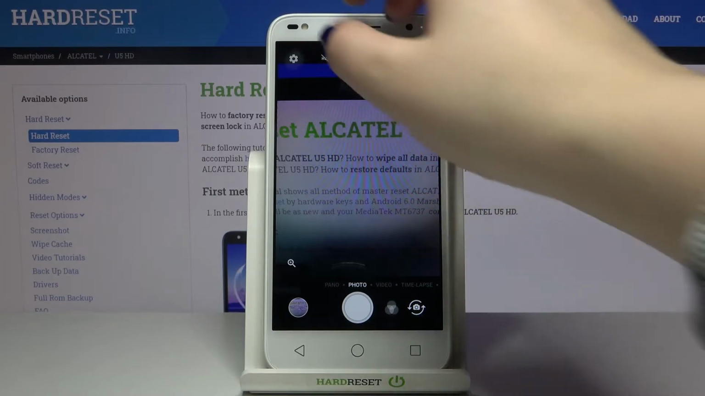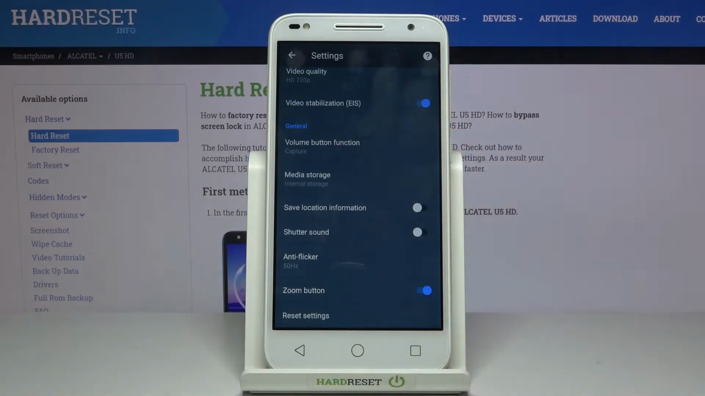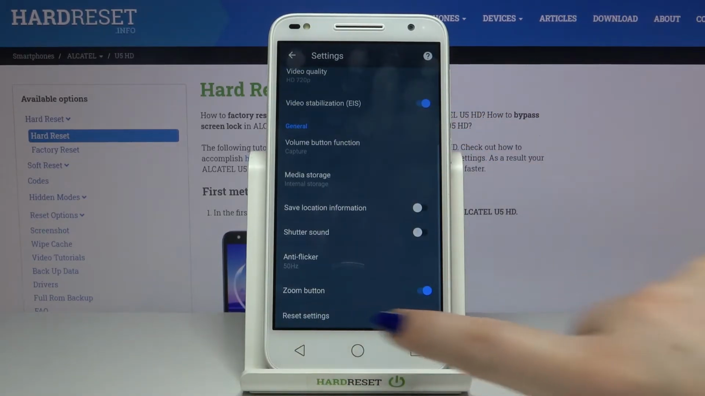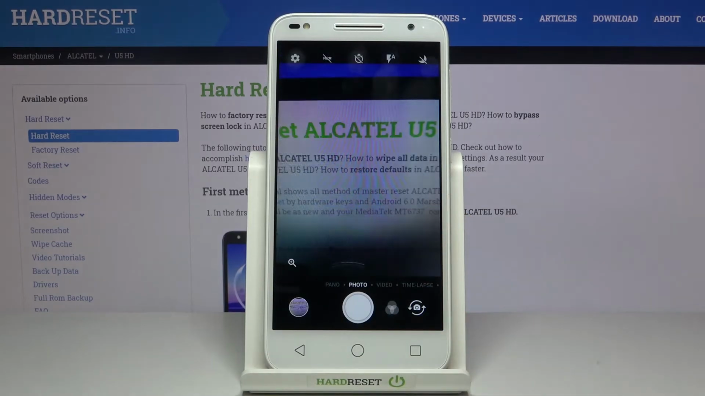So let's enter the settings, which are in the left upper corner, and now we have to scroll down to the very bottom, and here we've got the reset settings option. So let's tap on it, and now your device is telling you that all camera settings will be lost. So if you are ready, tap on reset, and as you can see, we just got back to our camera,